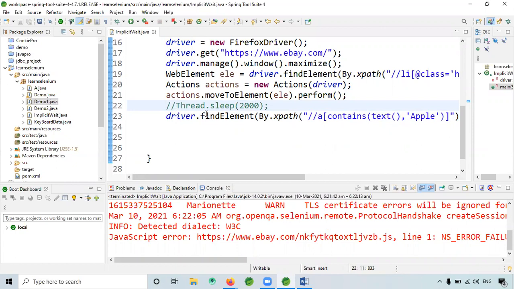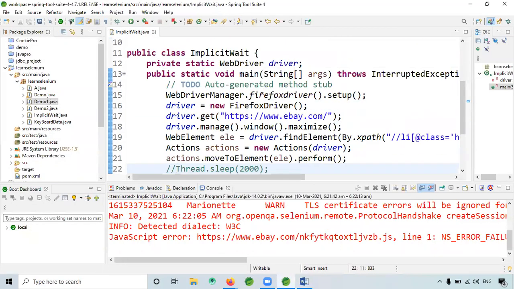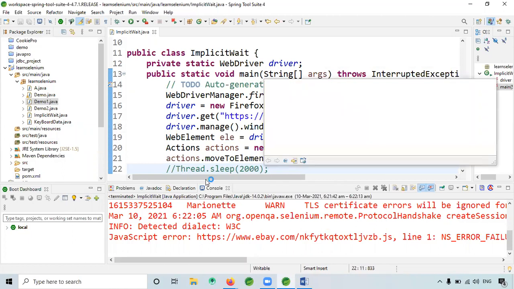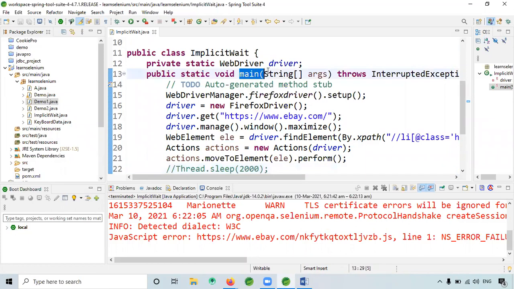Now, what I will do is, we will see the main differences between implicit wait and explicit wait. We said it is advisable to go with Selenium wait methods rather than the Thread.sleep method. The reason is that it is dealing with the main thread. Whenever you give Thread.sleep, the main thing itself is a thread, right?